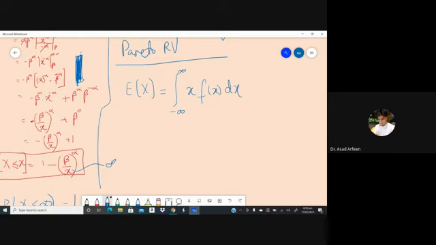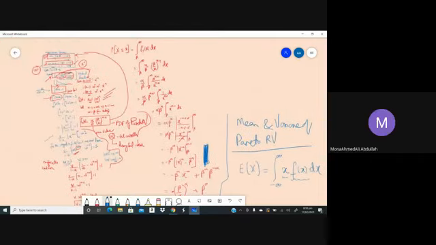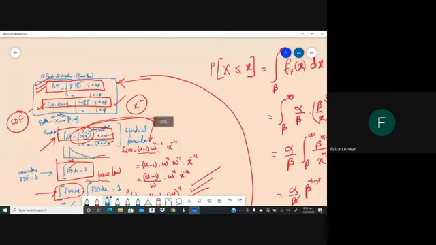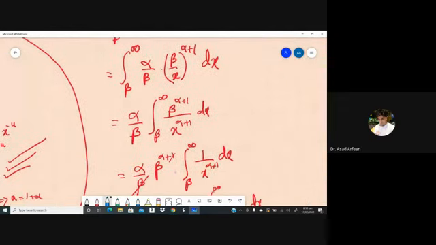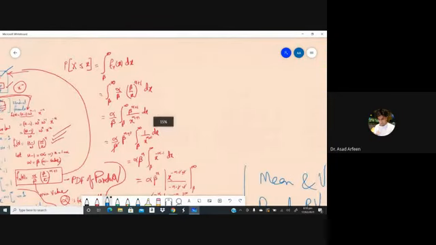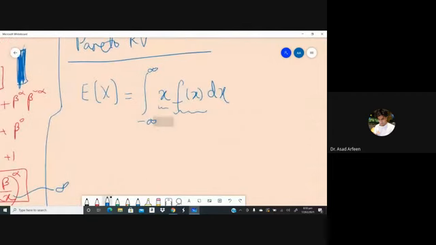You will take the x as it is, and in place of f(x), you will put the PDF, this thing. Okay, so you will find the mean value. And during this mean value, you will face the problem of the limits also. I'm telling you. Okay, so this is the mean value, and for the variance,